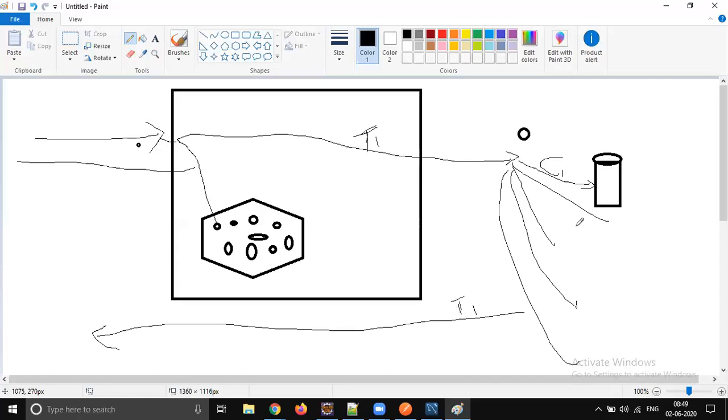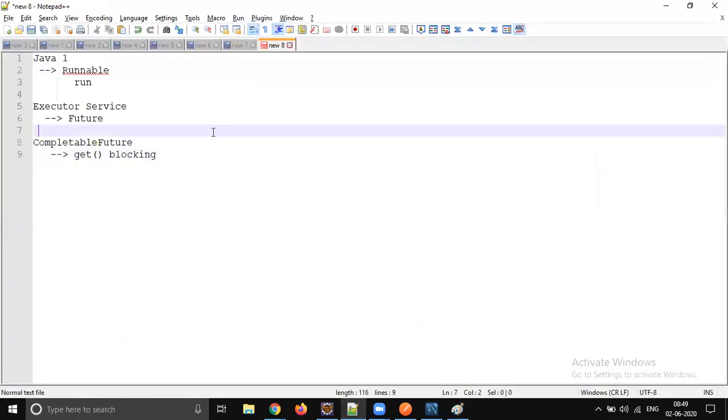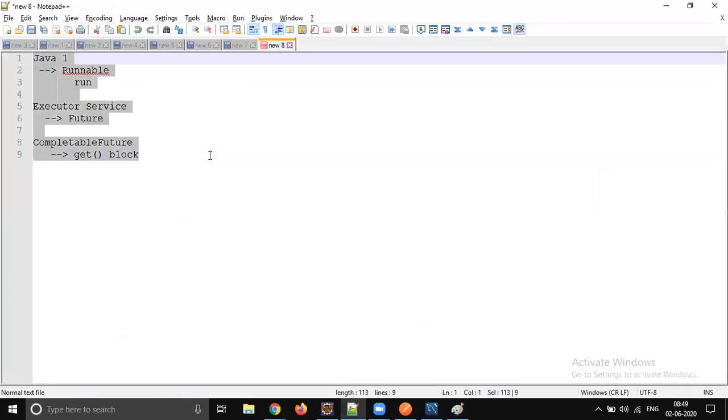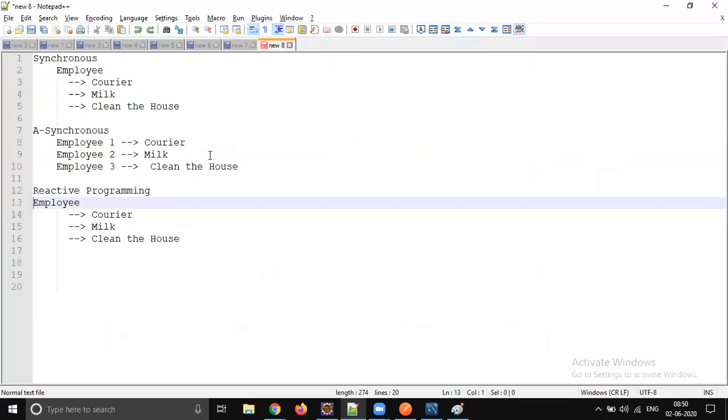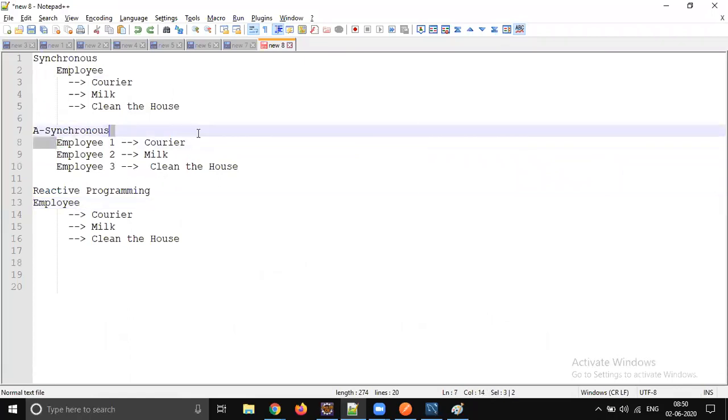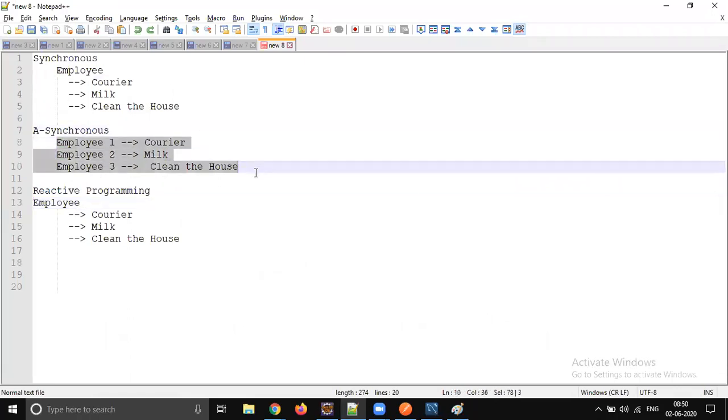Your T1 thread is still idle, right? That is the example we discussed. You are recruiting multiple employees, but that is not the solution, because each thread will complete a task.